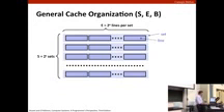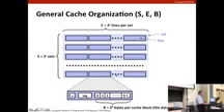So all cache memories are organized in the following way. You can think of the cache as an array of S equals 2 to the s sets. Okay. Each set consists of E lines, where each line consists of a block of B equals 2 to the b bytes of data,